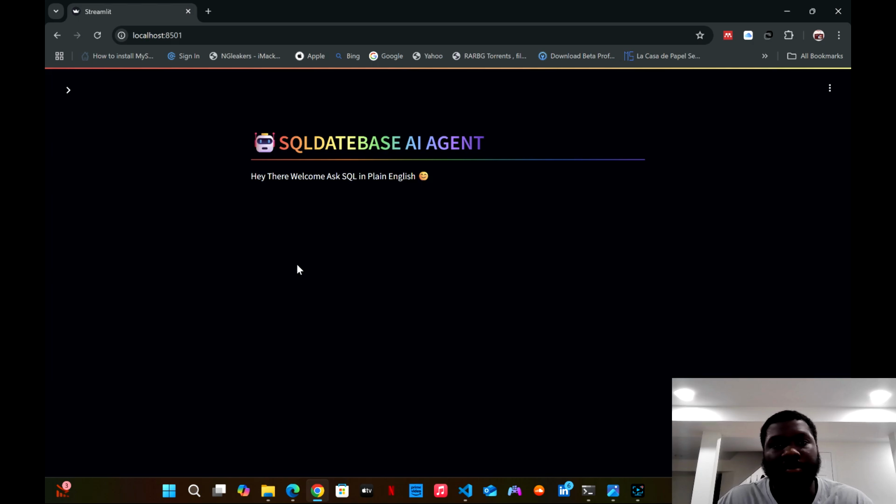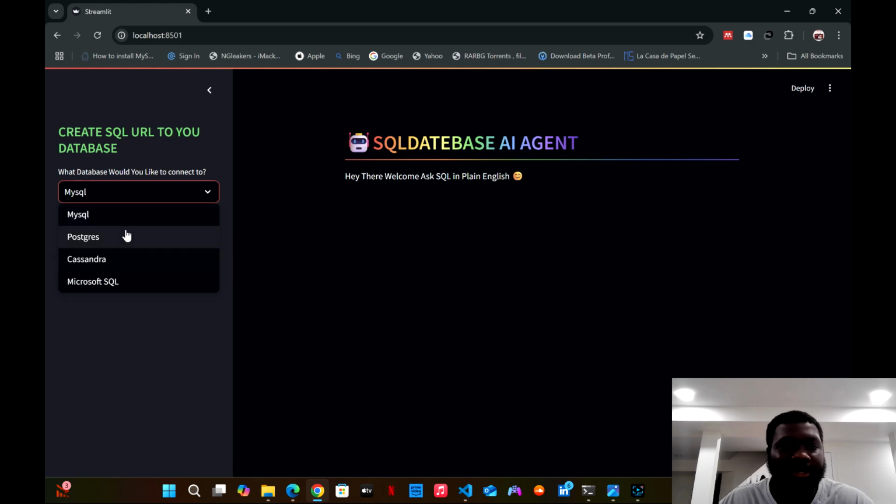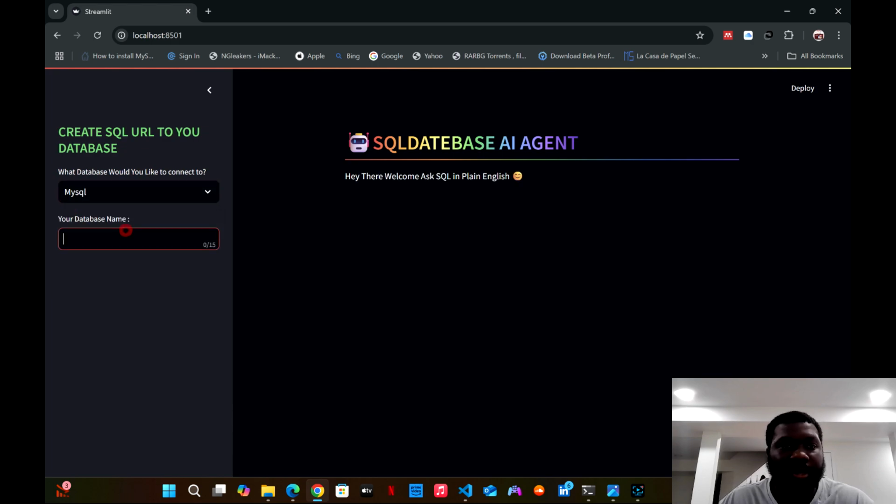So this is the Streamlit UI. Just gonna refresh. So there we go. Use the drop-down button to select any SQL database you want to connect to. I already have MySQL and Postgres installed. So we're gonna use MySQL first, then we select the database we want to use. So I'm giving the database name, and that name is